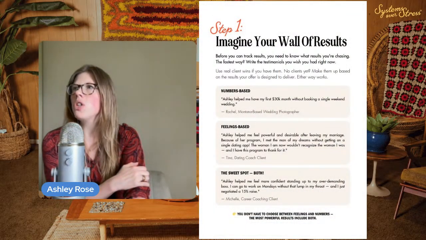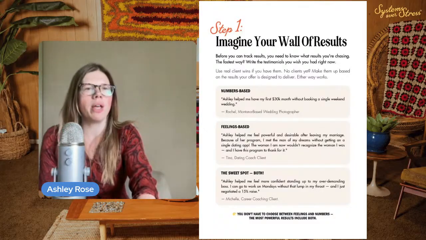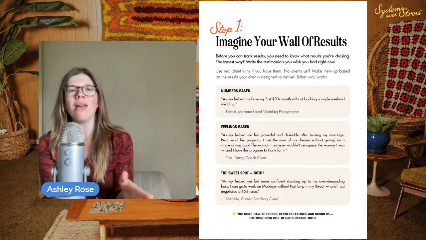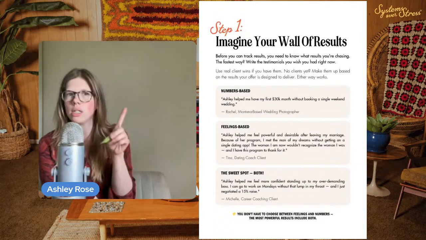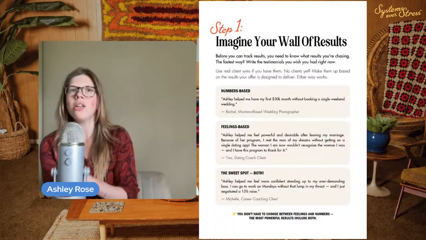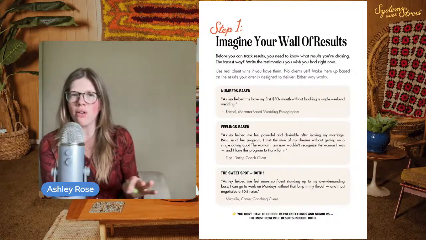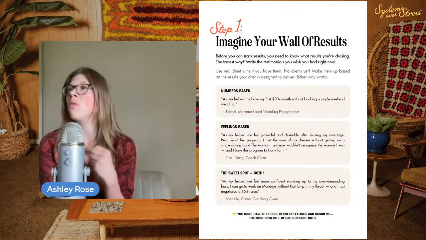So what I want you to do is walk through a wall of receipts on your sales page. Use real client wins if you have them. If not, make them up based on what your offer is designed to deliver. Do this once per offer. So if you're like, but I have a membership and a mastermind and 4 different done for you VIP days, just pick one thing right now, and work on the one that feels like the most sticky, the one that you want the most coaching on in the comments.